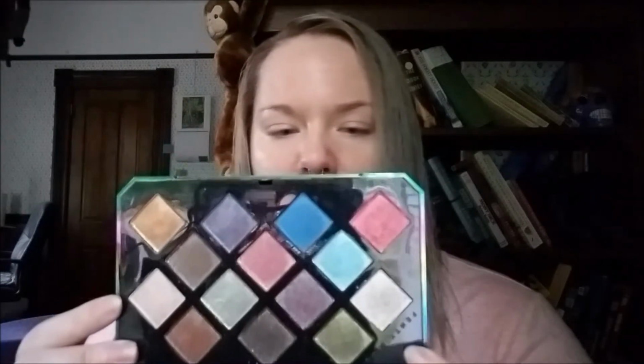And I don't know. As much as I do like these two really light shades, Ozone and Milky Way, I feel like we needed one of them, not two. So there are some really nice shades in here, like Meteor Crush right here. It's gorgeous. It makes a gorgeous shade. It's really, really pretty. And I really wish more of them had that type of impact. Because Meteor Crush, Sunburst, Sublime,